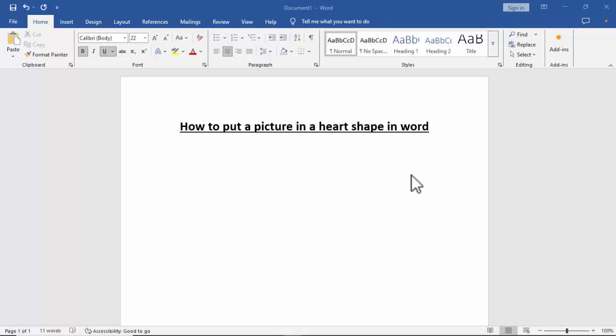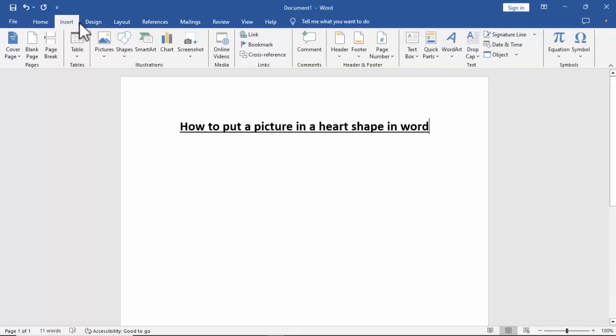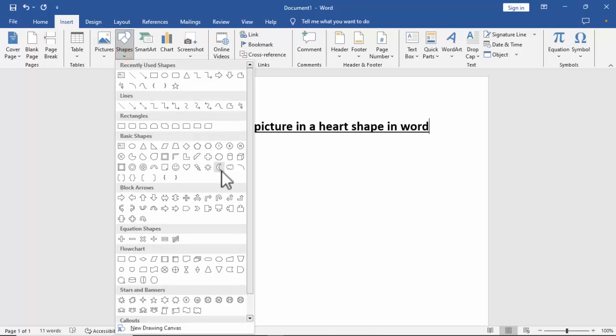In this video, how to put a picture in a heart shape in Microsoft Word. Let's begin. First of all, go to Insert, click Shape and find Heart Shape. Okay, then click Heart Shape,